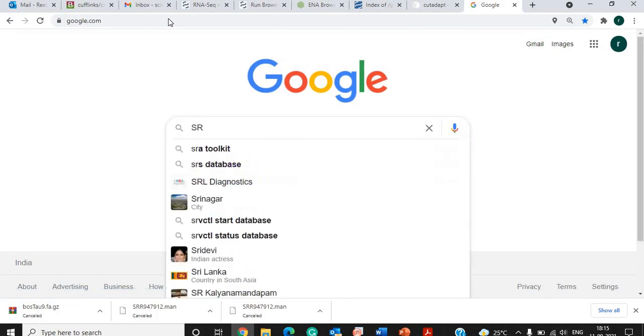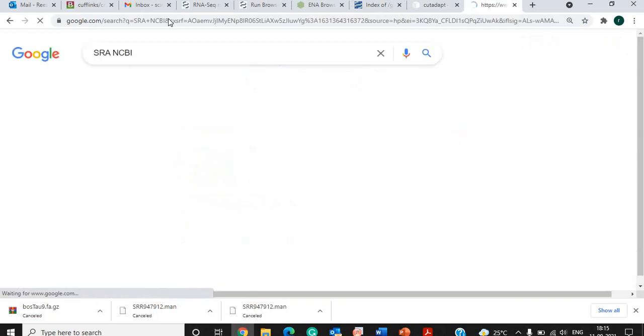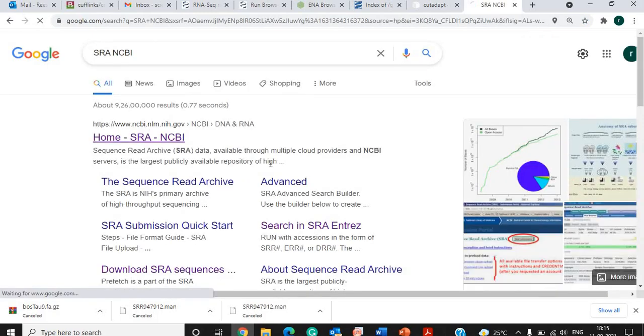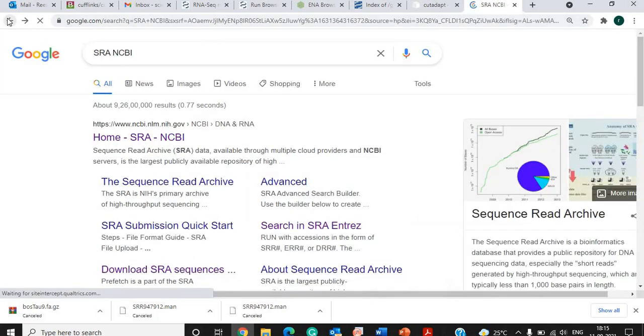But for that, you may need to type the same sequence which we have typed here.